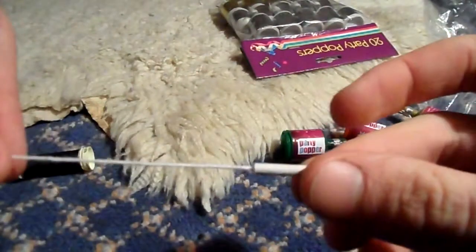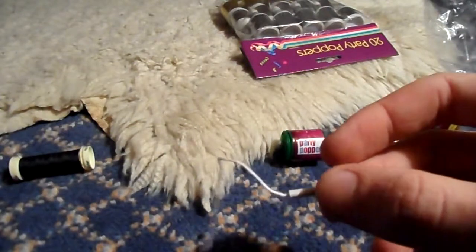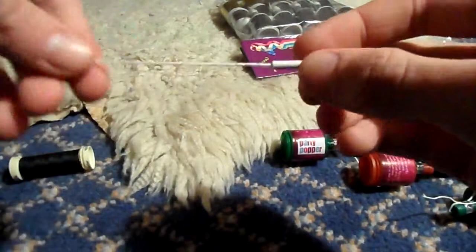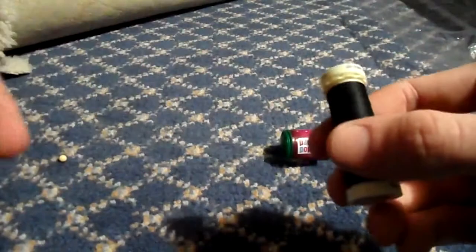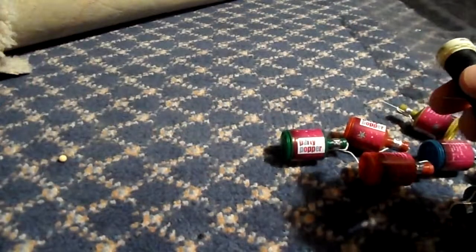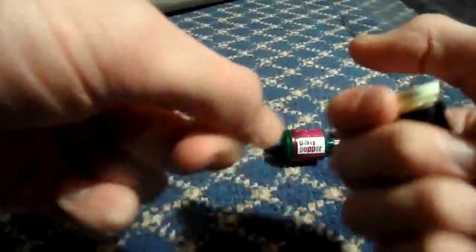So when you've got your party popper, get a strong piece of cord or string. On the ones that I use, fishing wire, but I can't remember where I've put my fishing wire, so I'm going to demonstrate with cotton, and I have one made already with fishing wire to show the final product. So you want to get a length of cotton, or well, fishing wire,